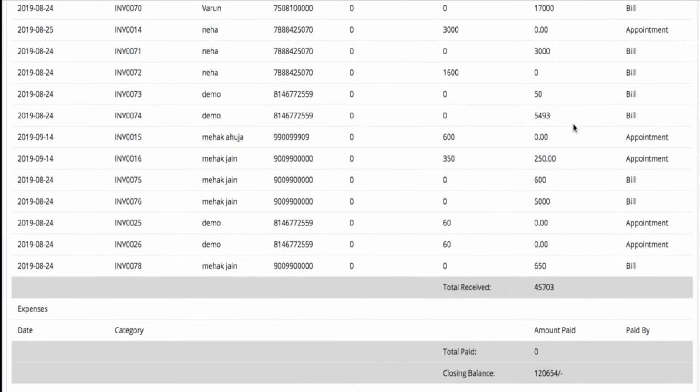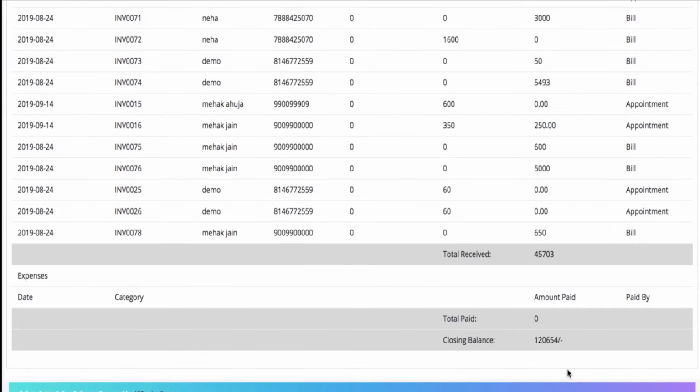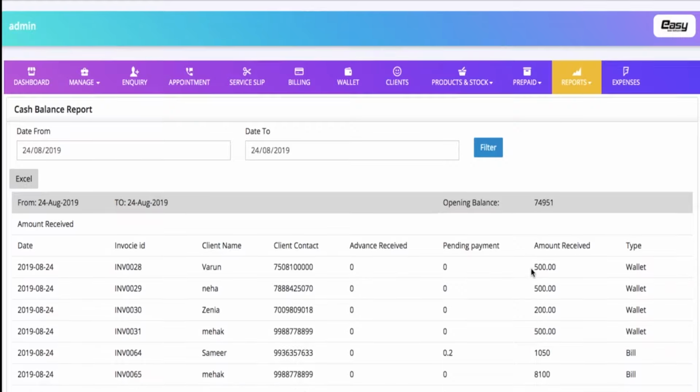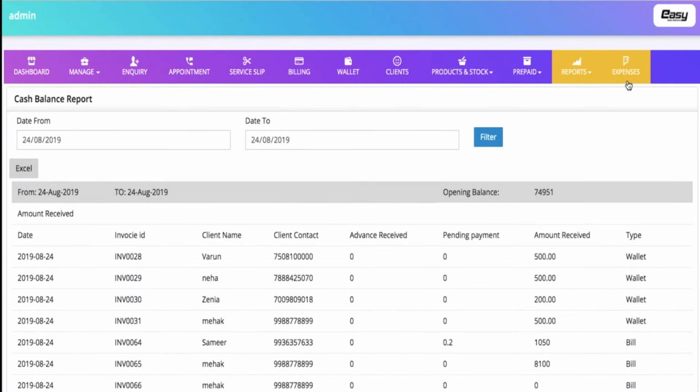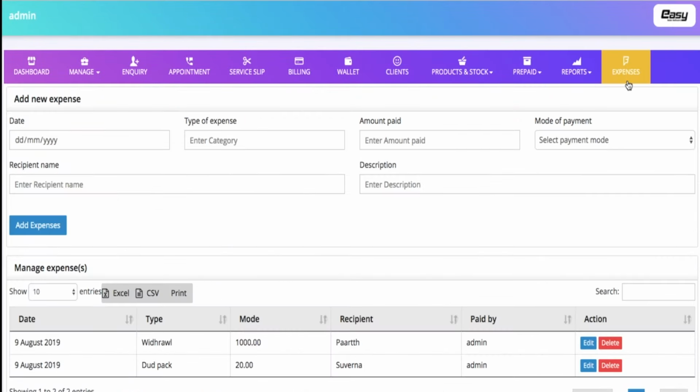This is the list of transactions that we have done today. So the total amount that I've received today is 45,703. So the closing balance has to be the total of the two, that is 1,20,654. Now assuming that this cash amount was taken by your salon owner,